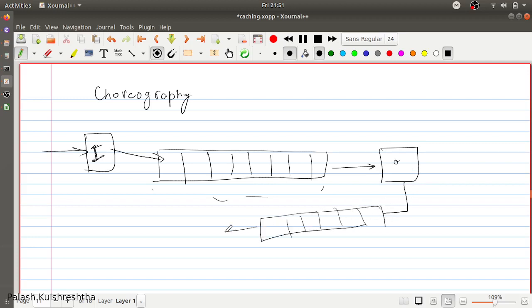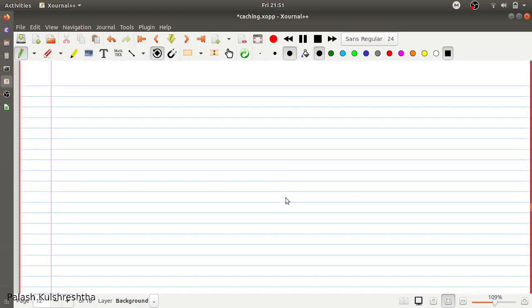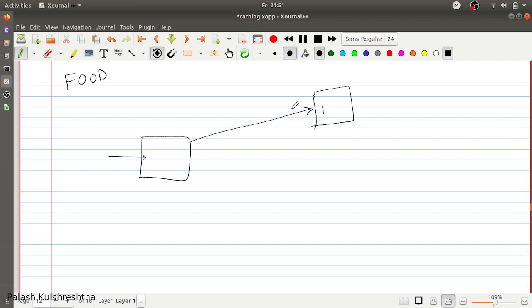And like this. But it is not a one-way communication, because there may be multiple teams that want to listen. For example, let's say your food order has been created. During order creation, one way is that you are calling an API to the notification team to send the SMS and email.